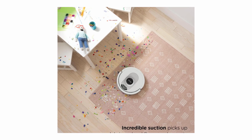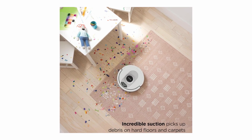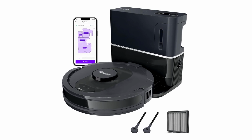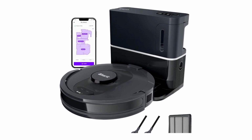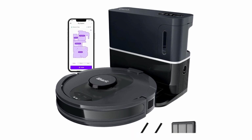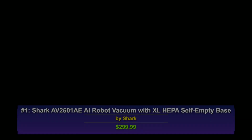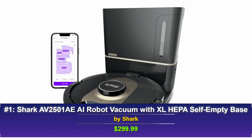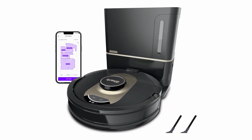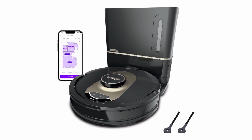However, for homes with pets or those looking for a deep-cleaning robot vacuum, it's a fantastic investment. Pros include its powerful suction, smart navigation, and hands-free maintenance, while cons are its higher price and bulkier design. Finally, at number 1, we have the Shark AV2501AE AI Robot Vacuum, the ultimate choice for robotic cleaning at